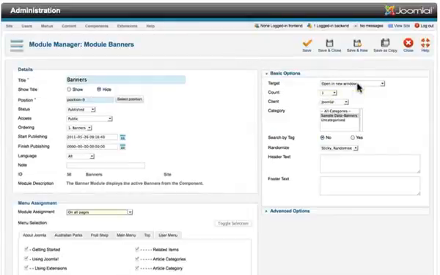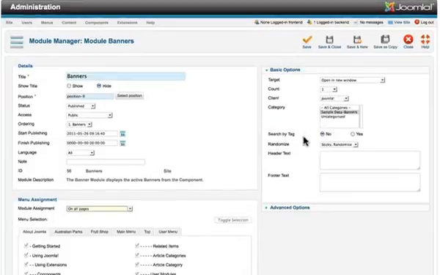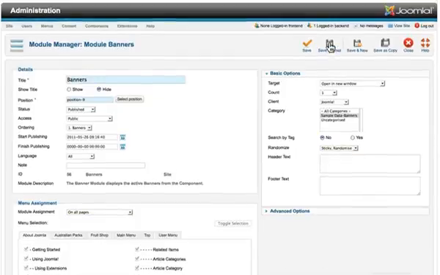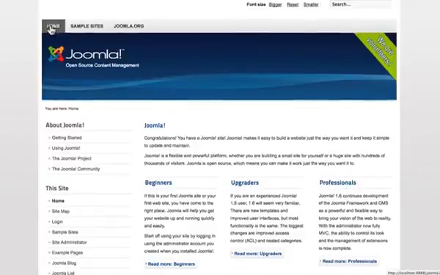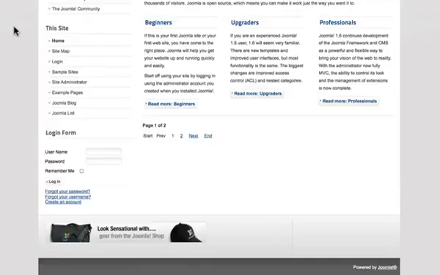Do I want the banner to open up in a new window? And how many clicks do I want it to count? Who's the client? What category? And do I want to have it sticky, randomize, or sticky in order? Click Save and Close. Come back over to my home page, hit refresh, and now I have the Joomla banner at the bottom here of my website. Not particularly well placed, but hey, it's there. When I click on it,